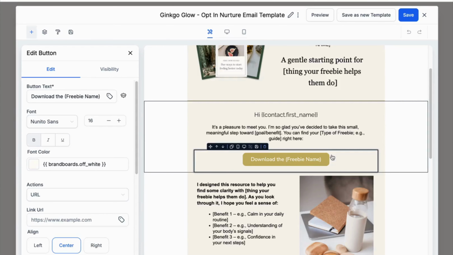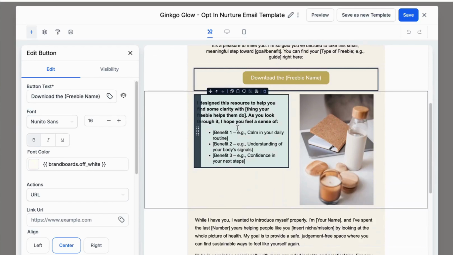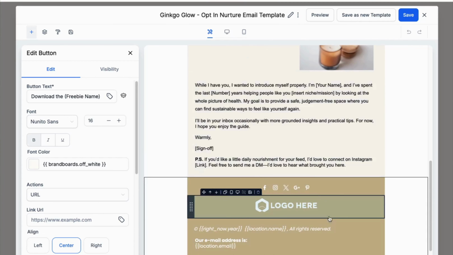So make sure you're doing it as view only, so then they can just download it from your cloud. I know that does feel like one more extra step for your audience. However, it can significantly impact the deliverability if it is an attached item. So I highly suggest doing that. So yep, thank them for downloading, say what the benefits are, a little bit about yourself, customize your footer here